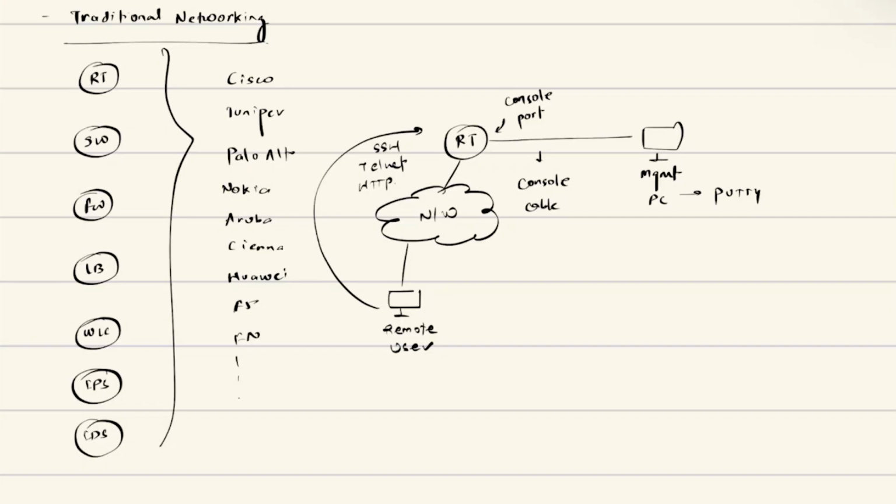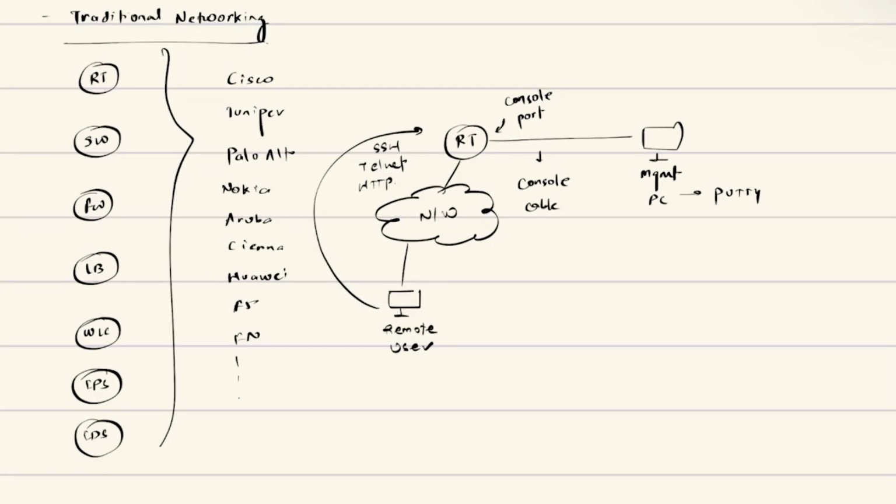But later on, this trend changed, right? Organizations started implementing multi-vendor network deployments, where they would have some devices from Cisco, some from Checkpoint, some from Fortinet, some from F5 and all that. And this is exactly when organizations required engineers who know how to configure different types of infrastructure from different vendors.